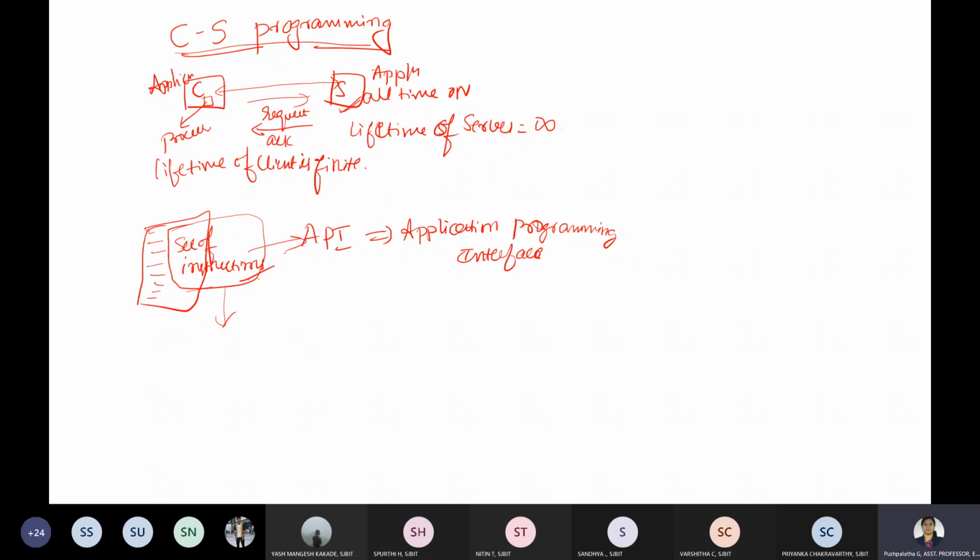Let me tell you what interfaces basically are. An interface with respect to a program comprises a set of instructions handled between two entities.